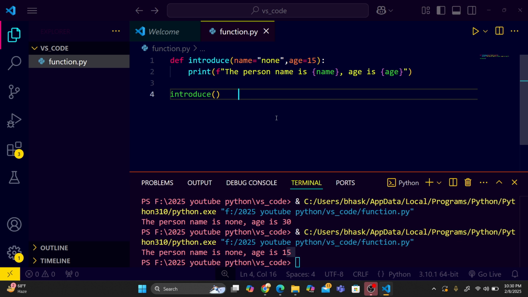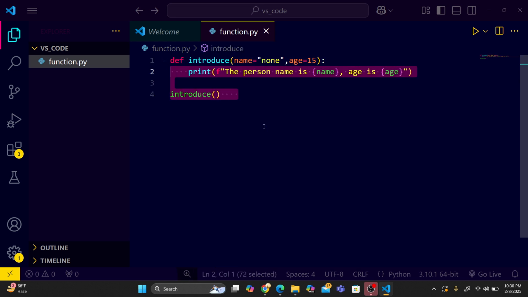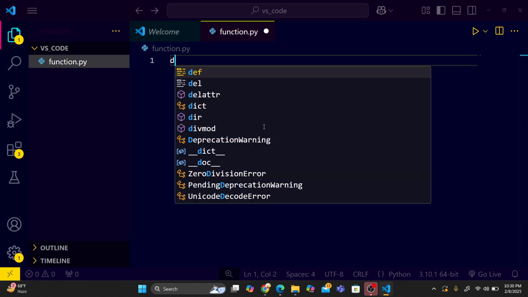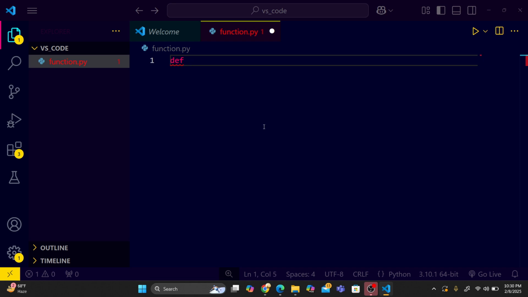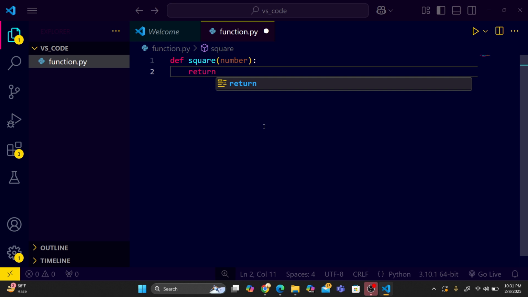Now coming to the return statement, what is the return statement? Every function will return a value. So now I have already shown the return value when we add two numbers. So now let's see the return statements, because we are going step by step. So def function square. So define square as a function, just put a parameter number, and then return the